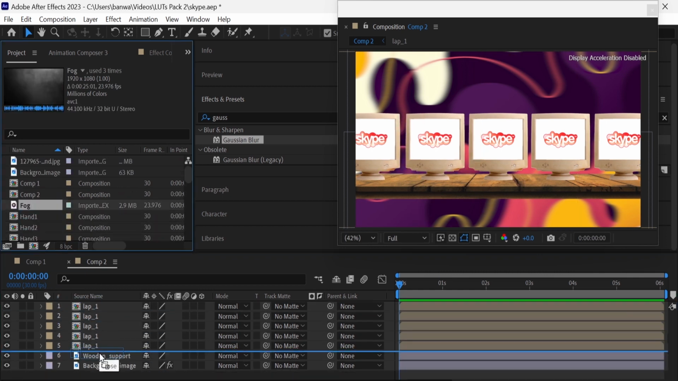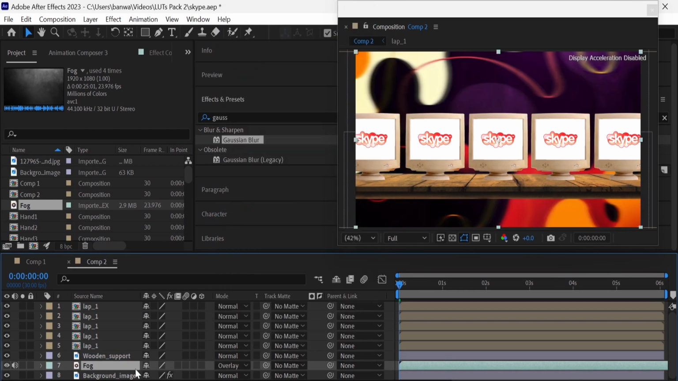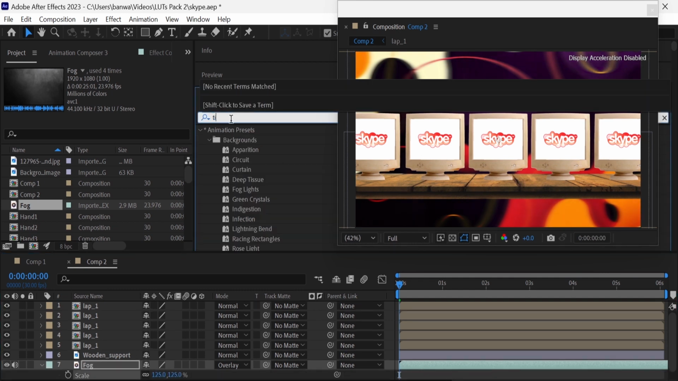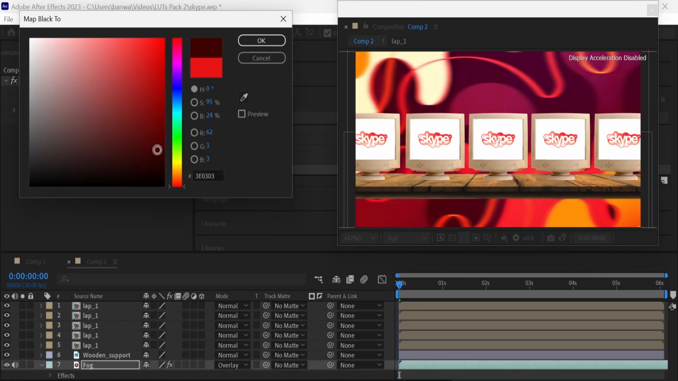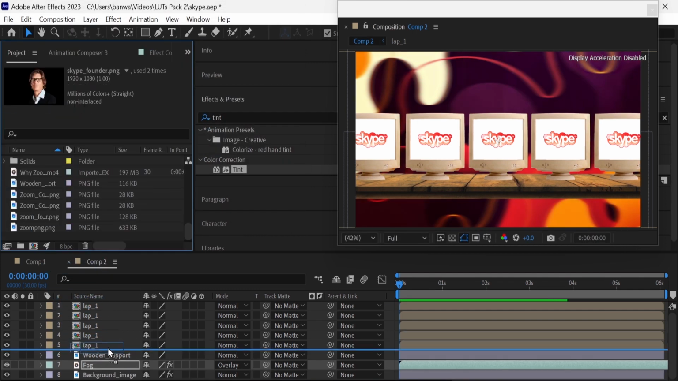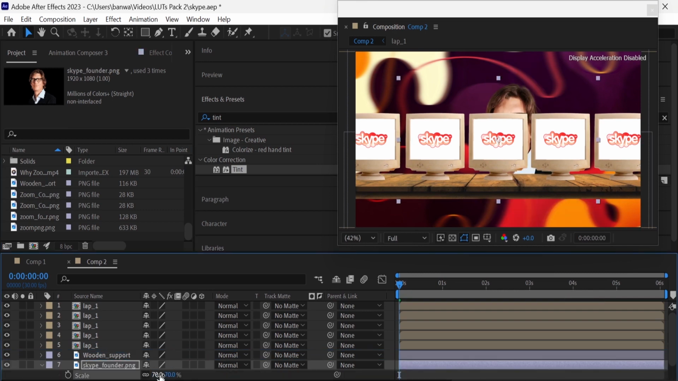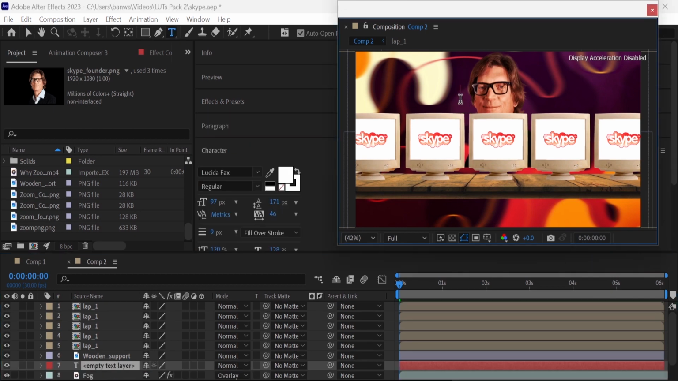Then we will search for fog overlay and change its blending mode to overlay and adjust its size a little bit, and in the effect and preset search for tint, little bit dark reddish color. And then we will import our PNG of Skype founder, adjust its position and position it to the right place. Then we will add text